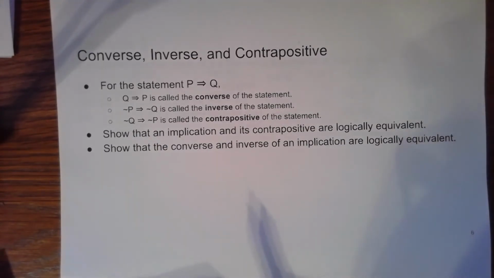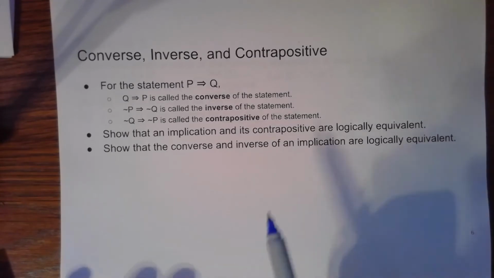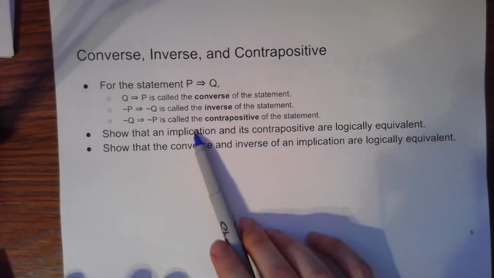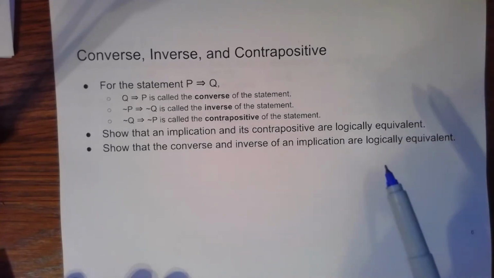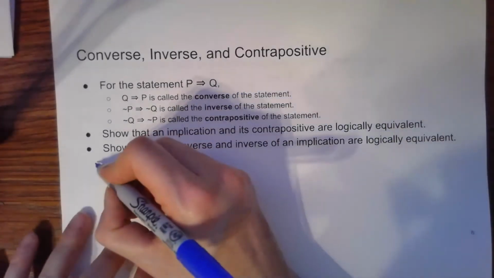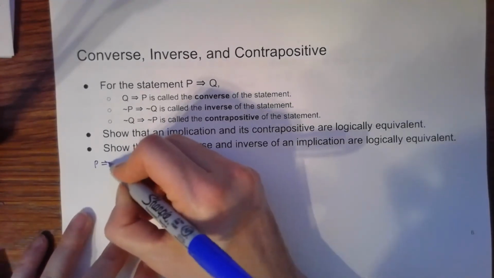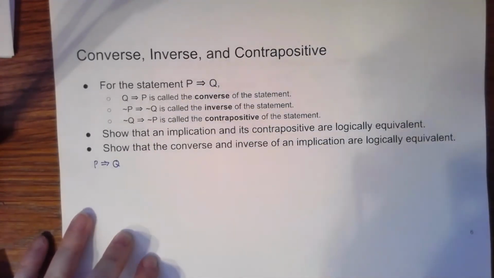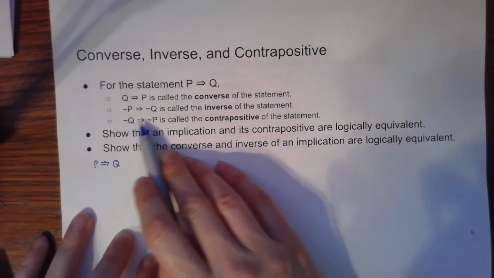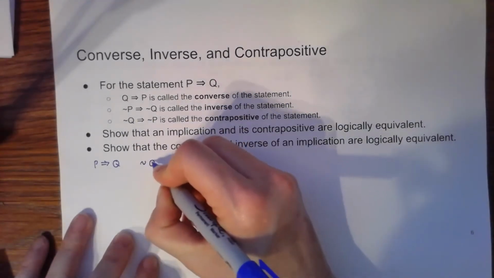A nice thing to know is that the contrapositive and an implication are logically equivalent. So the original statement, P implies Q, is logically equivalent to the contrapositive, not Q